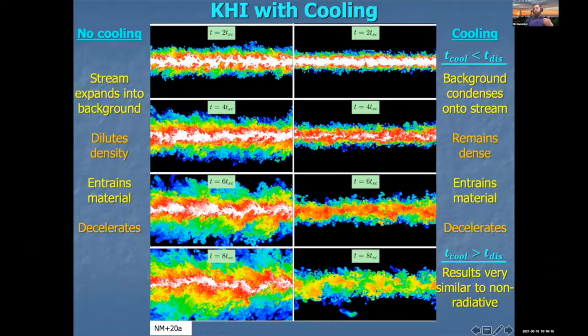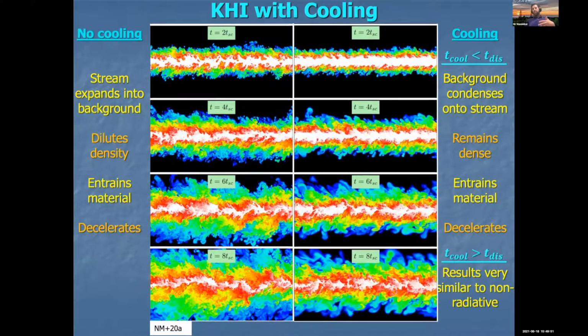But in the simulation with cooling, you try to start throwing material out into the background, but the cooling time of that mixed material is extremely short. So it condenses and it cools back onto the stream, effectively entraining additional mass from the hot CGM from the background onto the cold stream. That keeps the stream a lot narrower. It prevents you from distributing stream material too far away from the initial spine of the filament, and it very efficiently will mix the hot CGM and the stream, which is why you see this very mixed regime at the